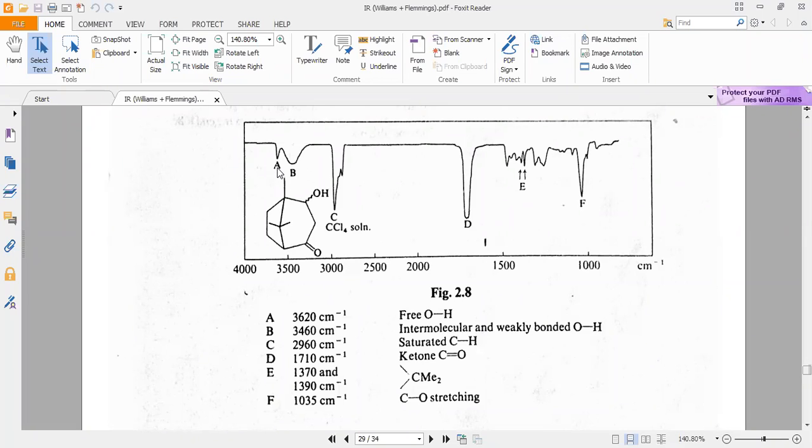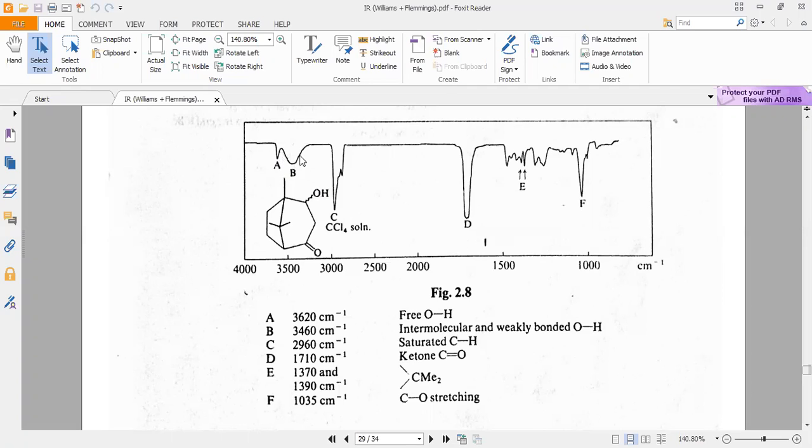This is A. A belongs to OH because we have an alcoholic group. Look at above 3000 to 4000, we only get OH signal. It means this is not only OH but also NH, SH, etc. So if we have these signals, it belongs to OH, NH or SH. All right. So we have in this molecule an OH bond. But this second signal is due to free OH, non-hydrogen bonded OH. It is appearing at this position.